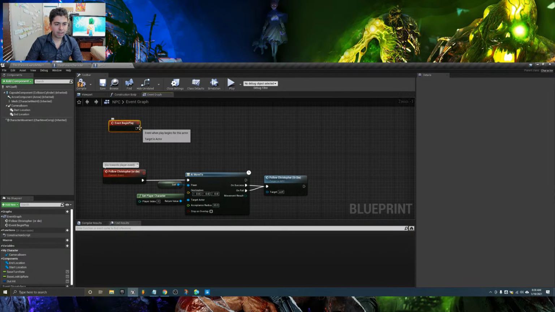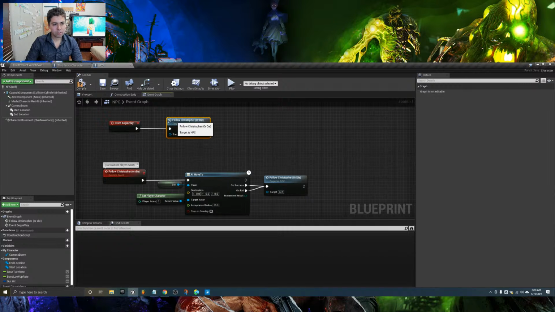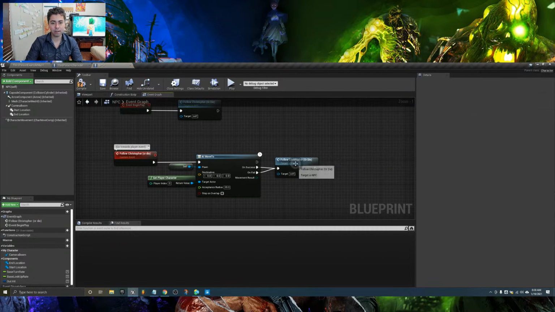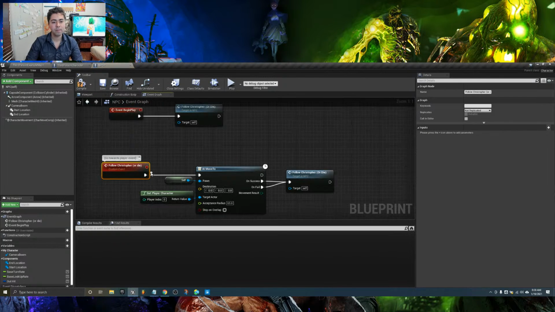All right, so begin play. On the beginning of the game, we're going to call Follow Christopher or Die. As soon as the game starts, trigger this event, and this event is self-triggering from that point on. Go to the guy. As soon as you get there, go to him again, and again, and again. Right? So